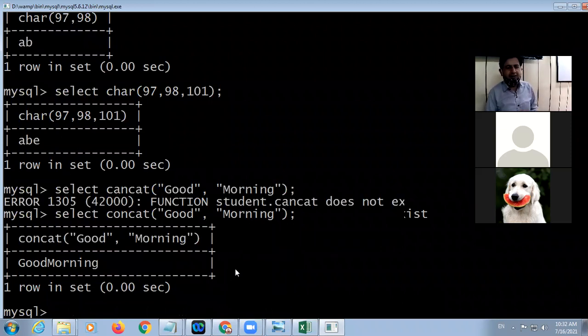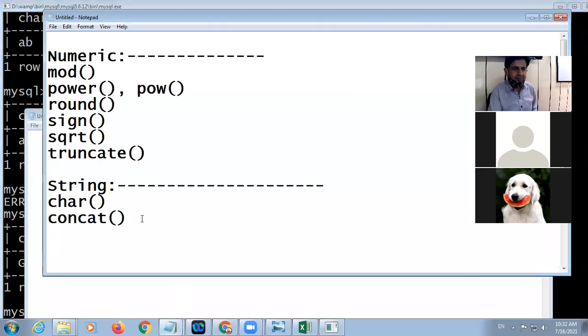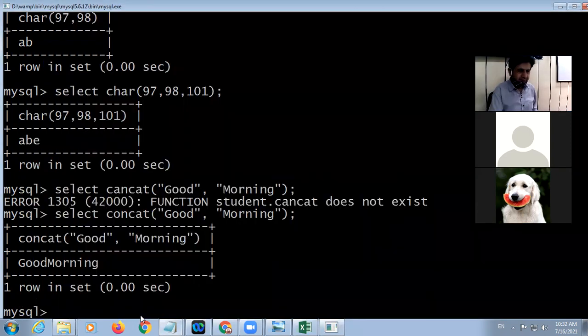So look at here. Both strings are joined. Concatenation. Next is lower or L case.